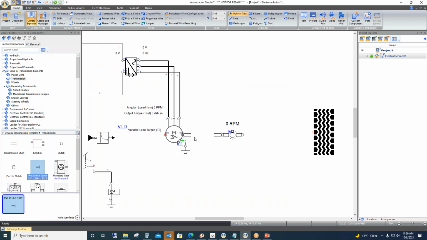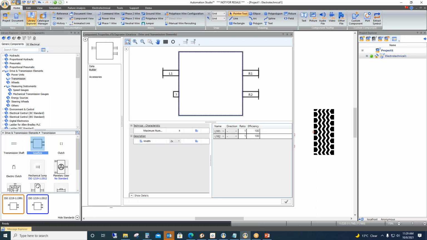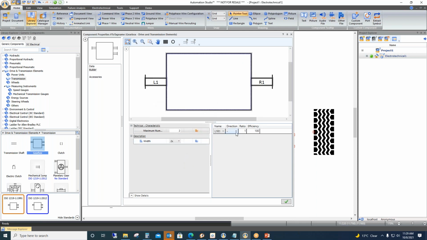So this shaft, M1, is linked to this input of the tachometer. First, I'll take one gearbox. By using this gearbox, I can adjust the speed ratio and the direction. Right now I need only two shafts, one input and one output. Direction I need positive, and ratio suppose I take as 0.2.